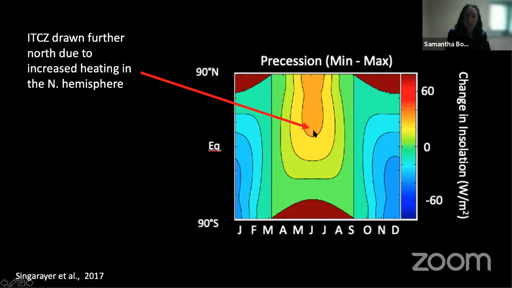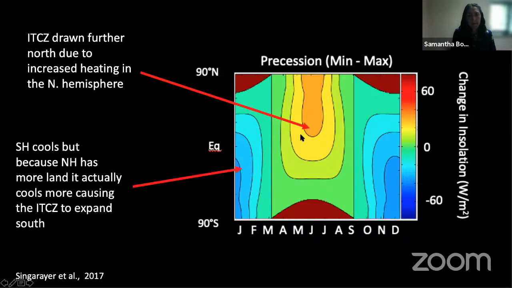And so basically at precession minima, we have more heating in the northern hemisphere, and so the ITCZ is drawn further north. That's pretty straightforward. What happens in austral summer is a little bit less intuitive because the southern hemisphere cools more, or it has a larger insolation change in terms of less insolation than the northern hemisphere, which you might expect